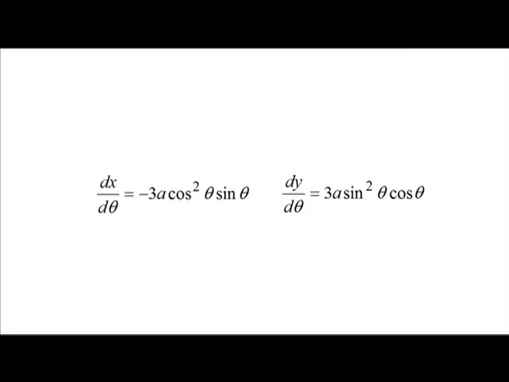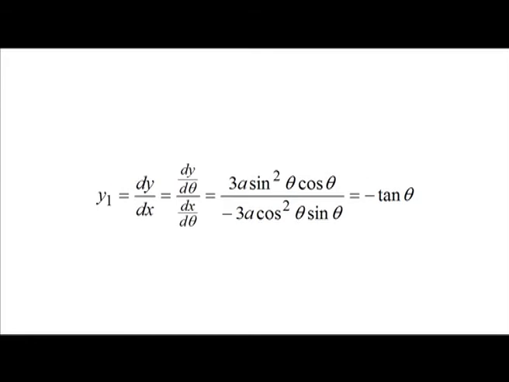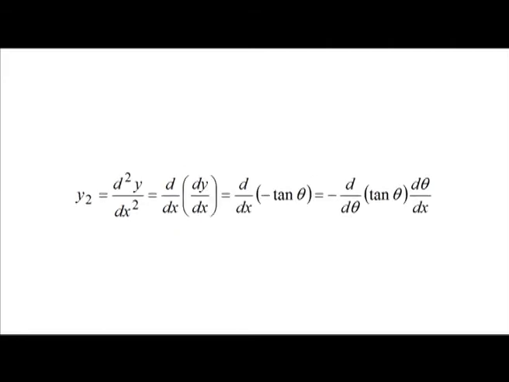Differentiating with respect to theta, we obtain dx by d theta is equal to negative 3a times cos square theta sin theta and dy by d theta is equal to 3a times sin square theta cos theta, so that y1 is equal to dy by dx, which is equal to dy by d theta divided by dx by d theta, which is equal to 3a sin square theta cos theta all divided by negative 3a cos square theta sin theta, which is equal to negative tan theta. Also y2 is equal to d square y by dx square